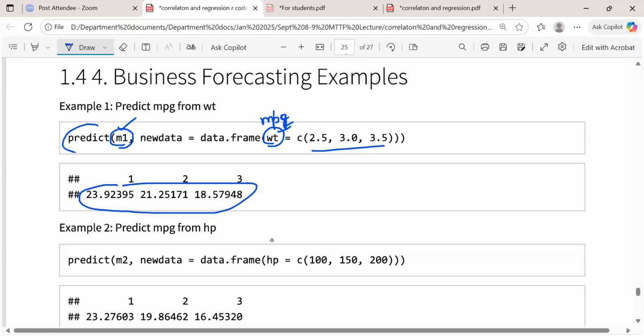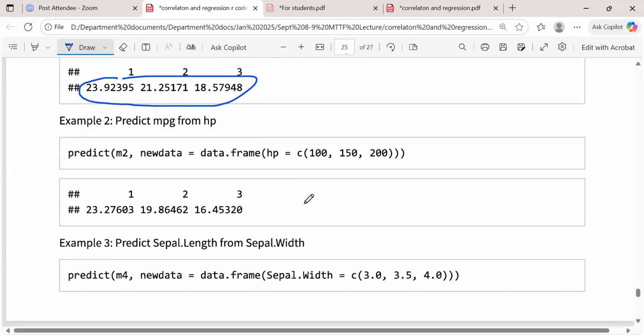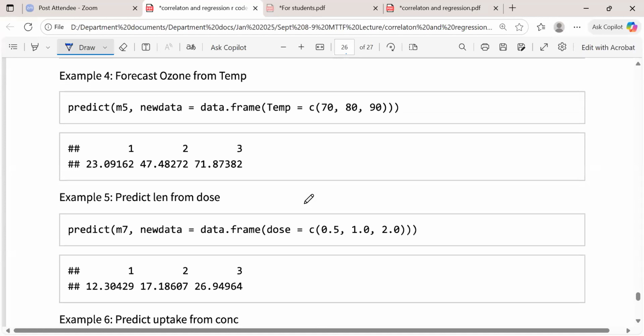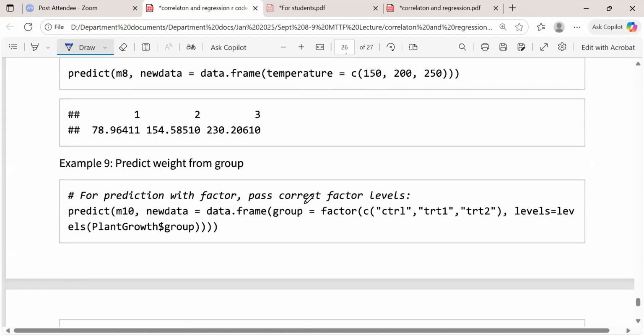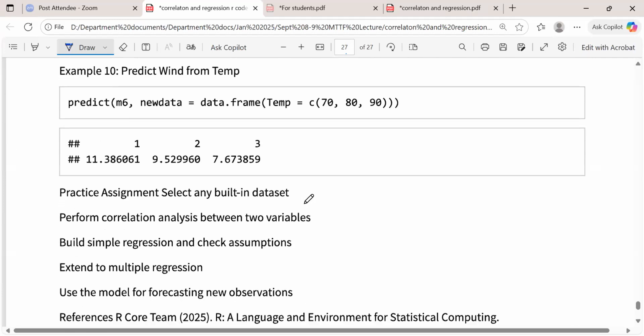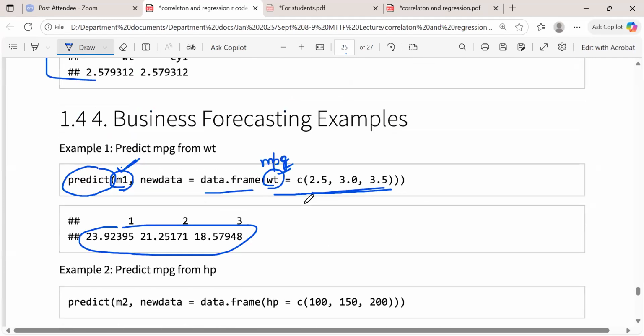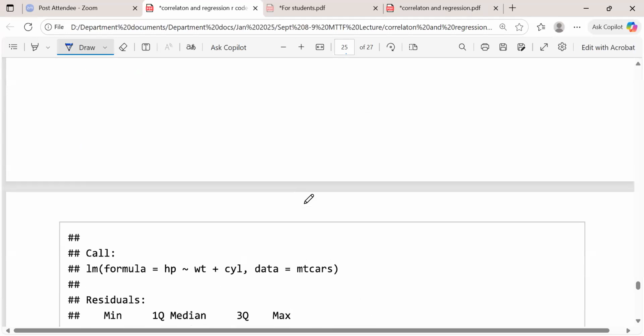If you use this function predict and put the same model here that we have used earlier, and we have prepared this data frame in which we have put the values of WT as these things. So now we have discussed that after fitting the model, our main objective is to provide the forecasted value for each model that we have discussed. Okay. Yeah. So any doubt you have till now